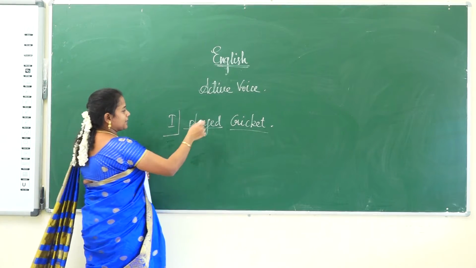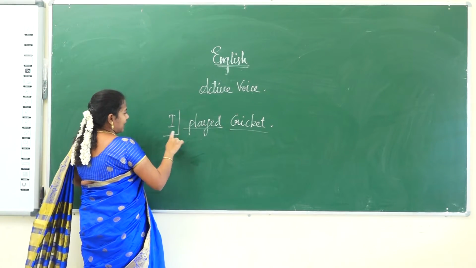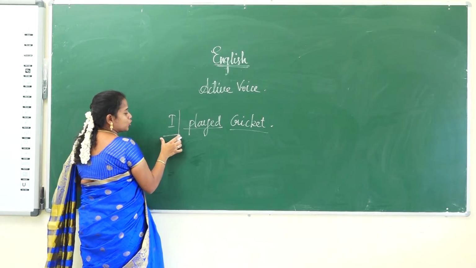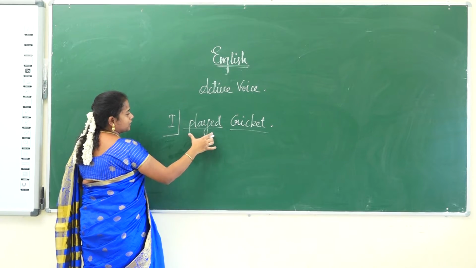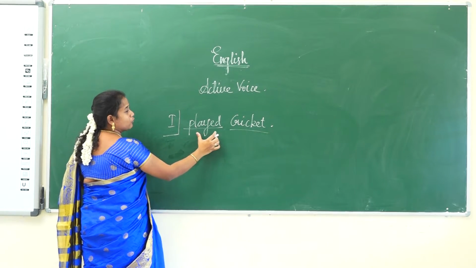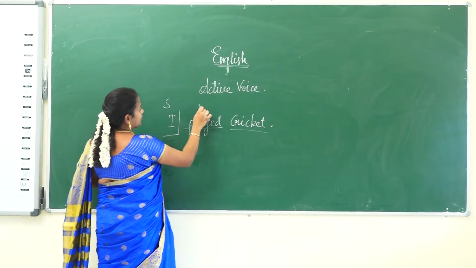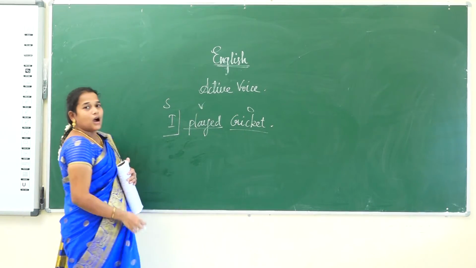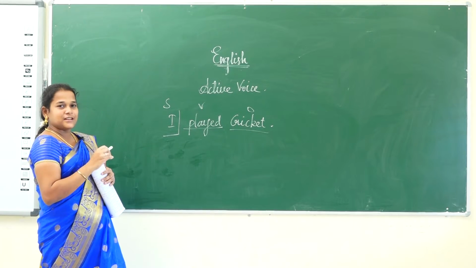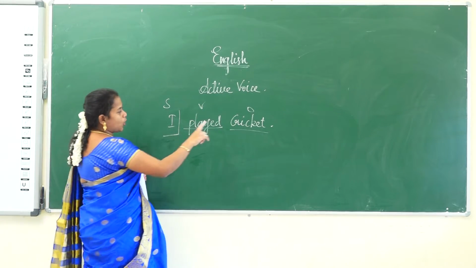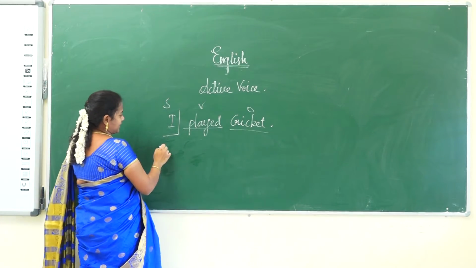So, I played the cricket. For example, I explained here I is a doer, the subject, is doing an action. What is the action? Playing. What they played, that is cricket. So, this is the pattern SVO. Okay. How will I give the same sentence in passive form? This object will come as the subject here, cricket.